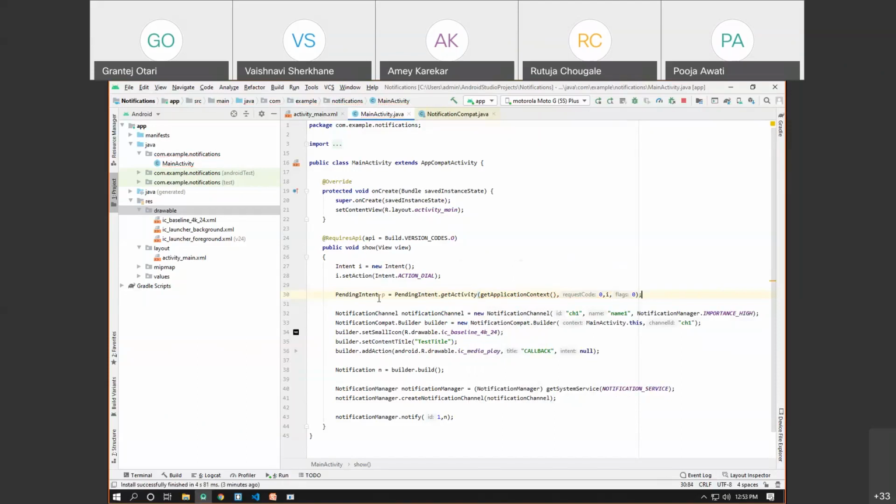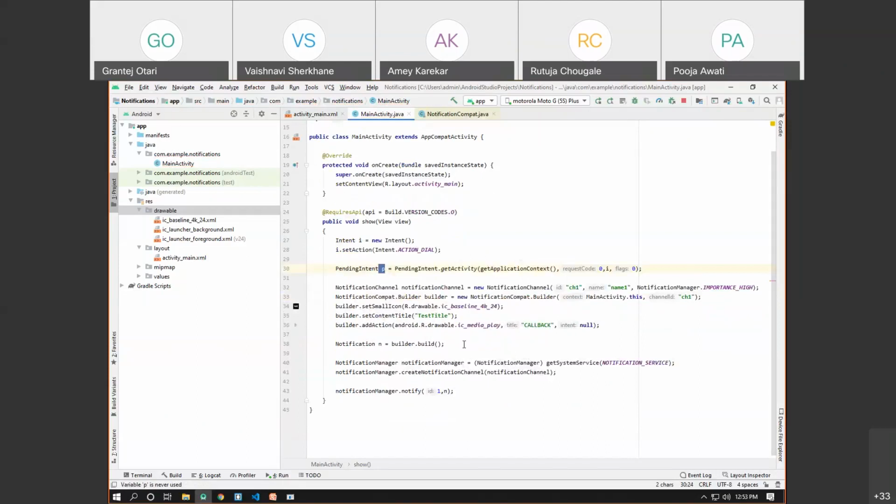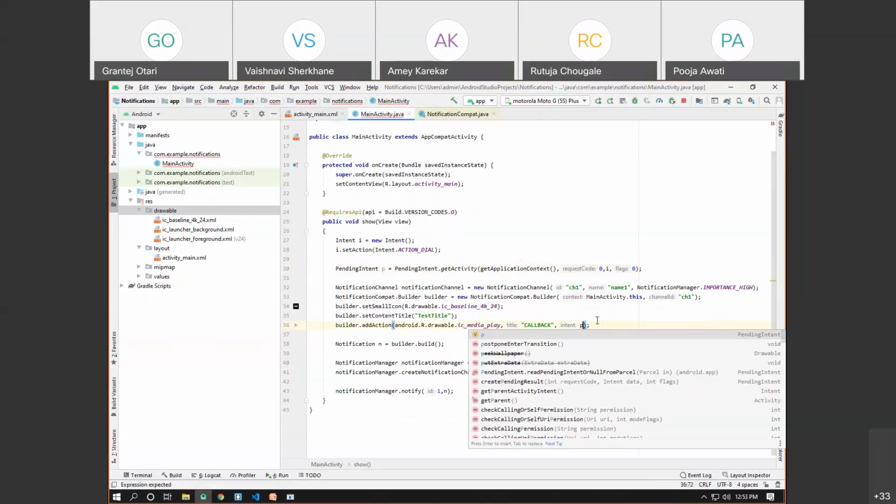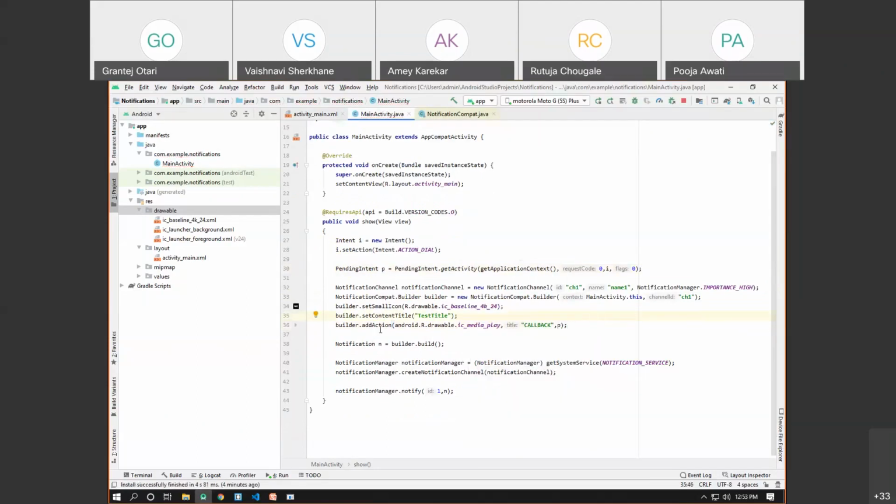Now here we have the pending intent p, and then for this particular action, I call the pending intent by passing it as a last parameter. So for this addAction, pass the last parameter, which is nothing but the reference of the pending intent that we have created.